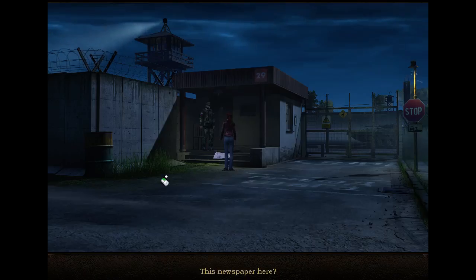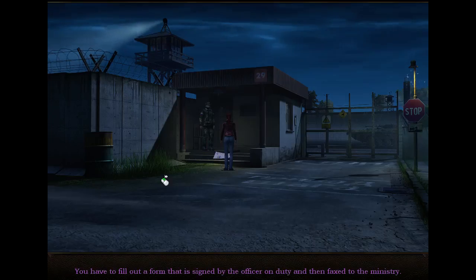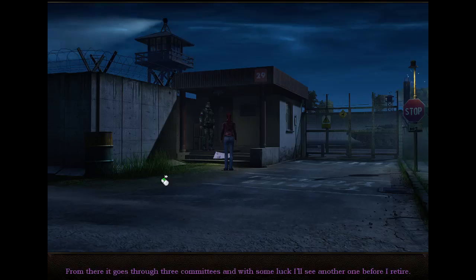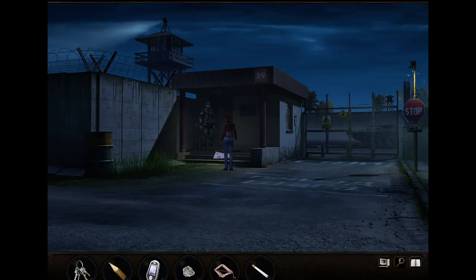This newspaper here? Yeah? Can I have it? I guess so. The light bulb just exploded on me. It was really old anyway, and it'll be weeks for sure before anyone replaces it. You have to fill out a form that is signed by the officer on duty and then faxed to the ministry. From there, it goes through 3 committees, and with some luck, I'll see another one before I retire. Yes, the wonders of bureaucracy are international. What about the newspaper? Fine, just take it. Here are the numbers of the...